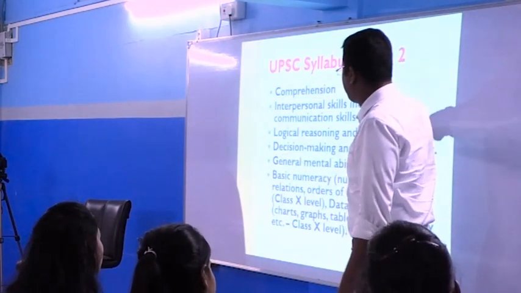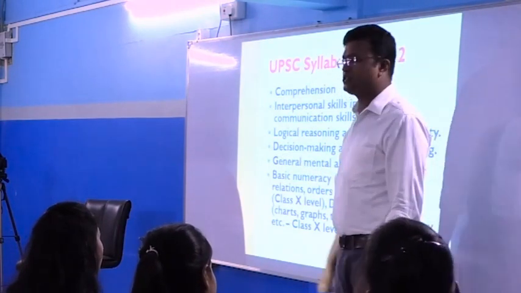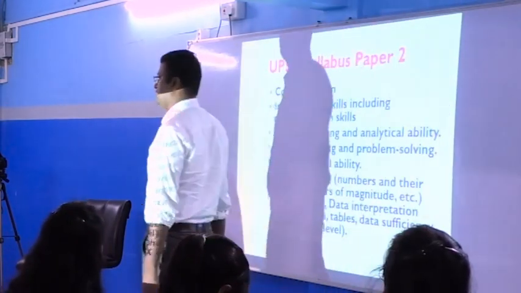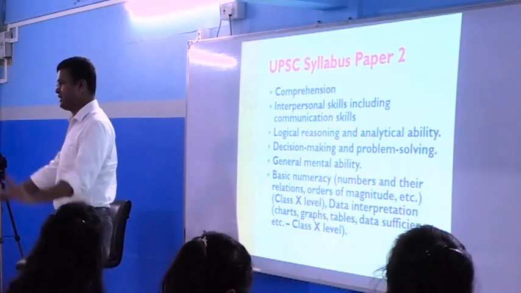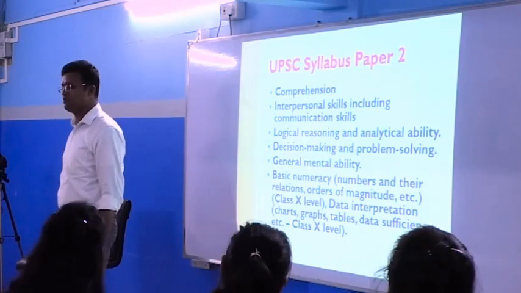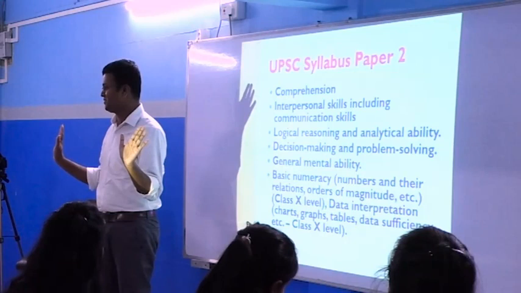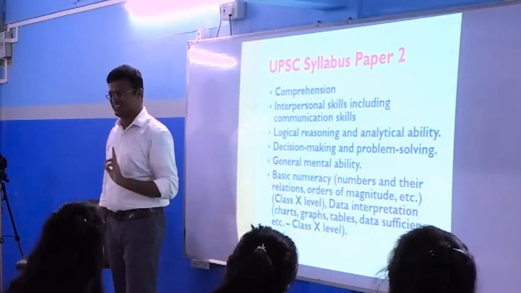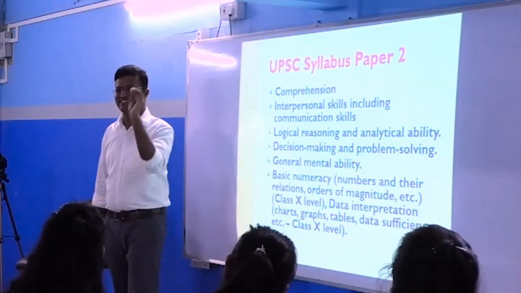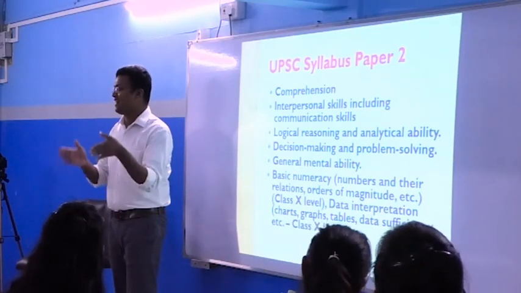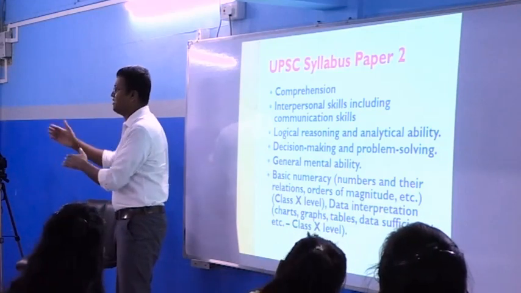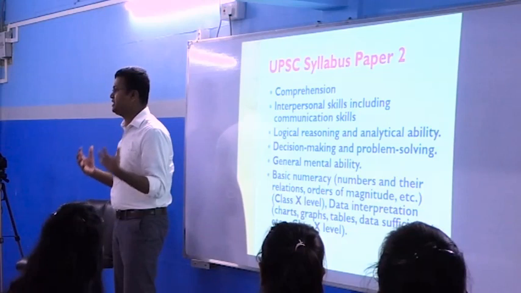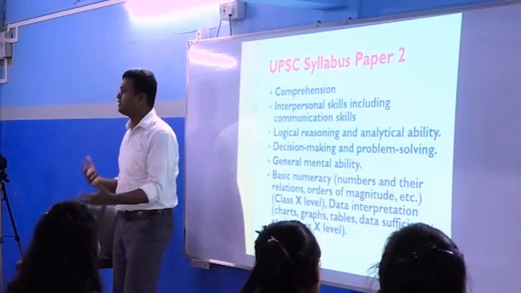And for this paper, I am sure if I distribute the 2018 CSAT paper to all of you, and I am giving you 10 hours, you solve the paper, all of you will get 80 plus marks out of 100. But the challenge is that you have to finish the paper in 2 hours in the examination. You will know the answer, you have the skill to find the answer, but the analysis is whether you have a fast skill or a slow skill. This is a paper to test the speed of your mind. Then that we can make up.